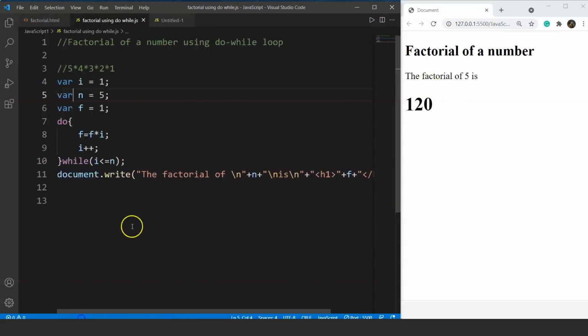If we try to give any other number here other than 5, let's say we use 10. Save it. It says the factorial is 3628800, or 36,28,800. So if you try to multiply 10 into 9 into 8 into 7 and so on till 2, or we can say 1, the answer will be this. You can check it, you can Google it, or you can go through it in your calculator.